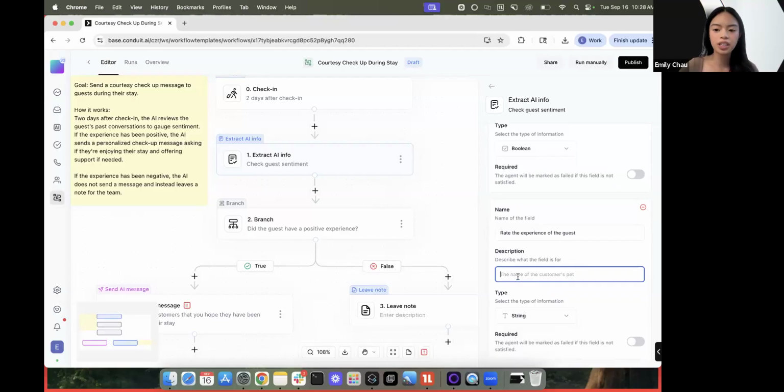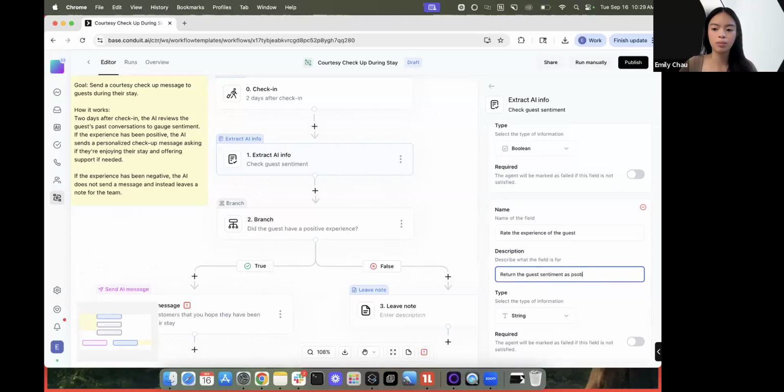Here I would just write out: can the AI assign a number to this guest and explain what their experience was like. So instead of true, false, did they have a good experience, we can instead return the guest sentiment